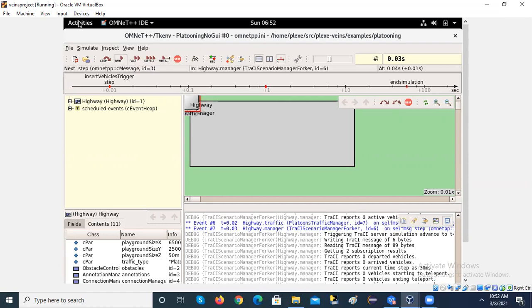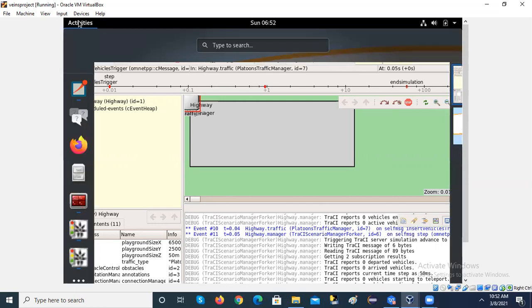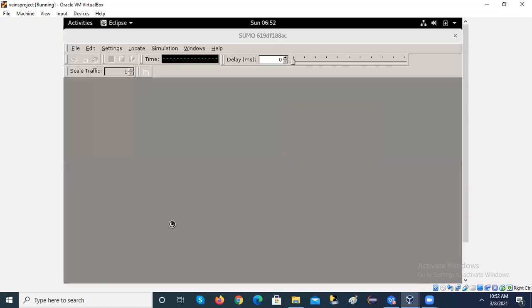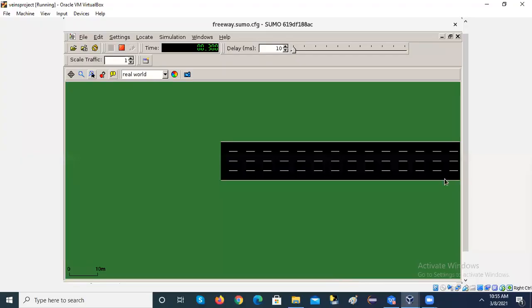We have to go into activities. We can see here that when we run the project, the OMNeT++ window, the graphic user interface, opens. It is also showing some graphic user interface in the SUMO configuration window.